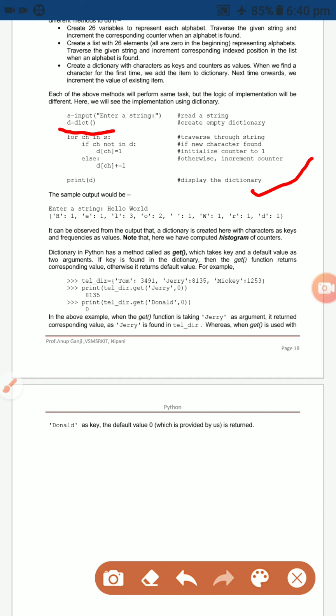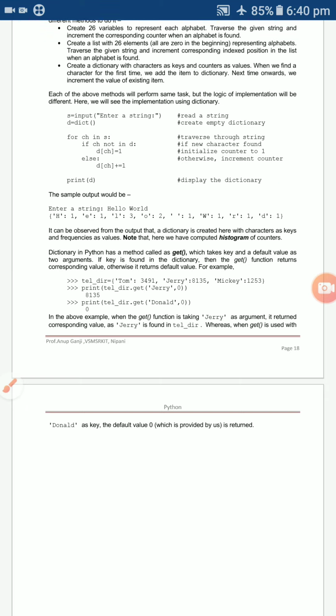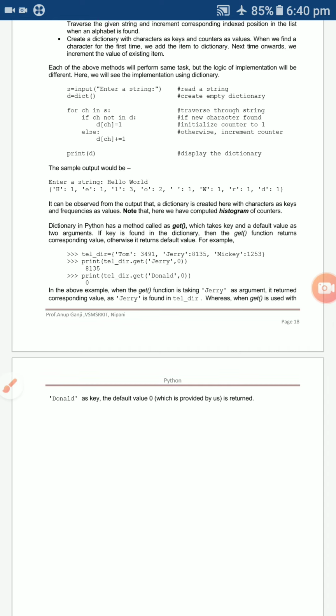For ch in string, I'm using the traversal of the string, character by character. It checks if there's a new character: if ch not in d, meaning it is not present in the dictionary, then you initialize the counter as 1. Otherwise, if it is already present, it will be incremented: d[ch] plus equal to 1. Then print d.